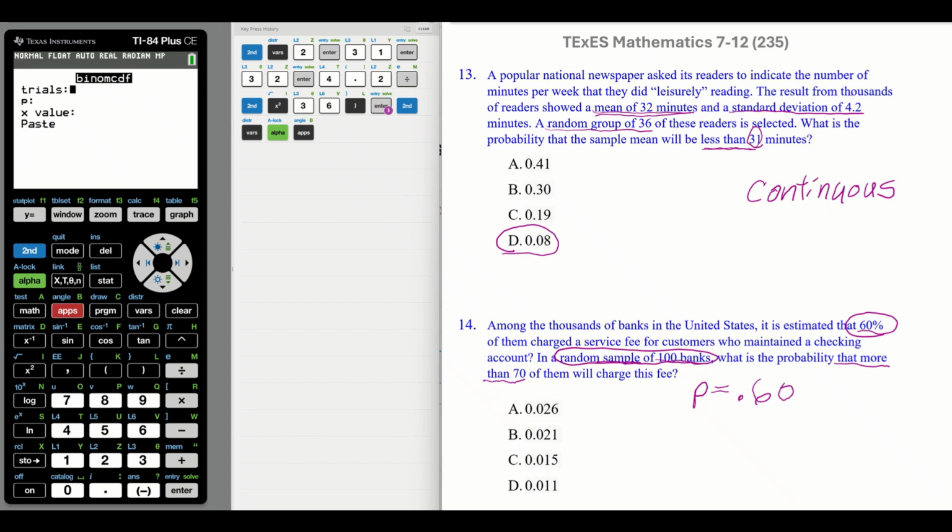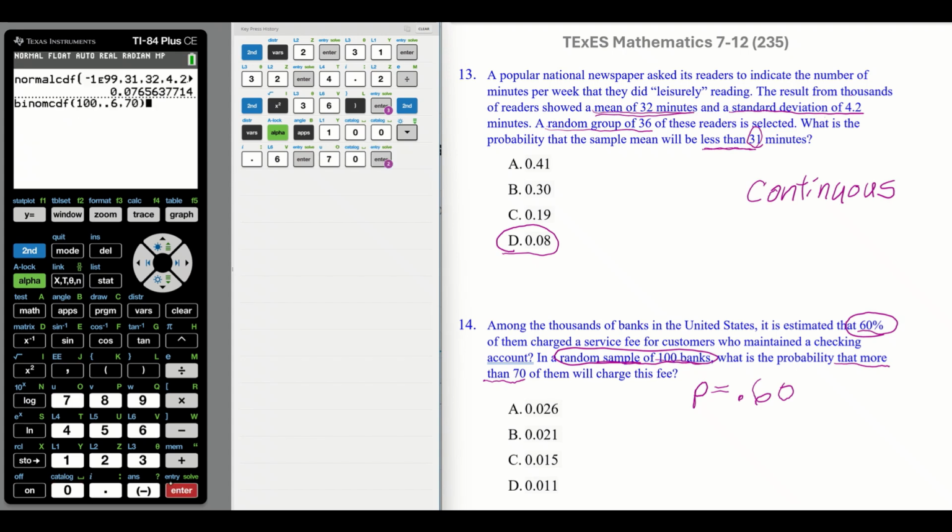And also, you have to ask yourself, why did they tell me how many people were in the sample? There's a reason. There's got to be a reason for everything. So then we have the 60%. Now, what are we measuring against? The 70. Now, we're not done. We haven't finished when we get this. What is that 98%? That's everything that is under the 70. That information is from 1 to 70. Under the curve.